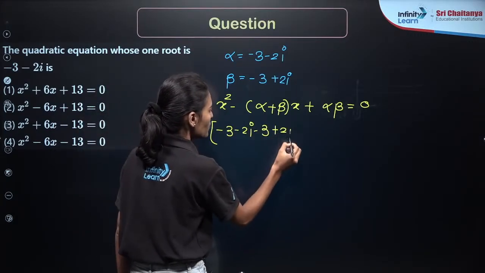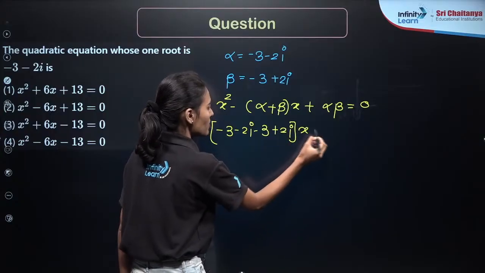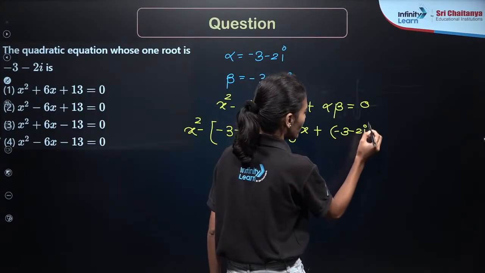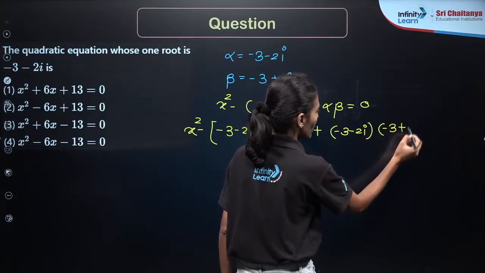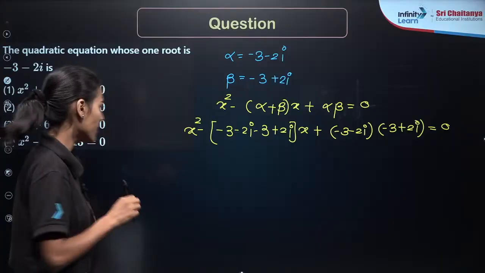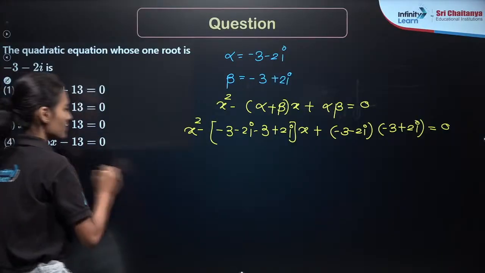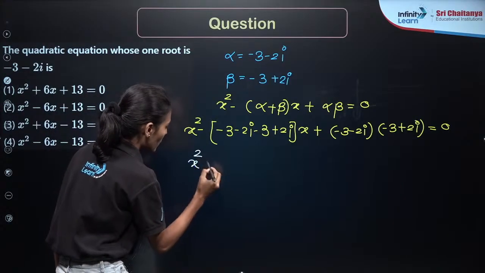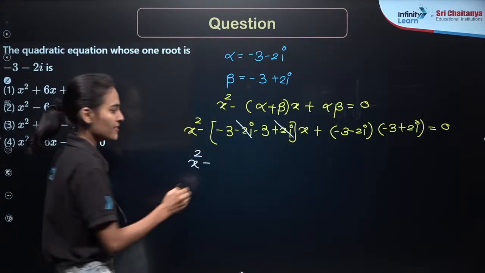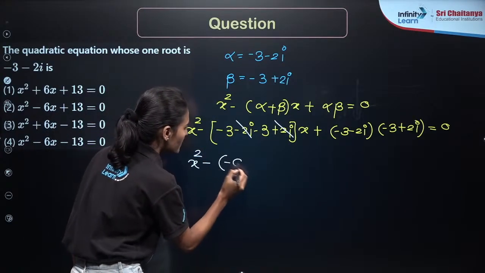Minus 3 plus 2i, times x plus the product, minus 3 minus 2i into minus 3 plus 2i, is equal to 0. From here you will get x square minus, now minus 2i plus 2i get cancelled, minus 3 minus 3, you are getting minus 6